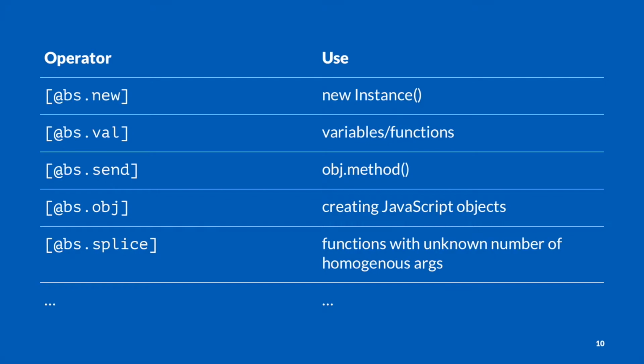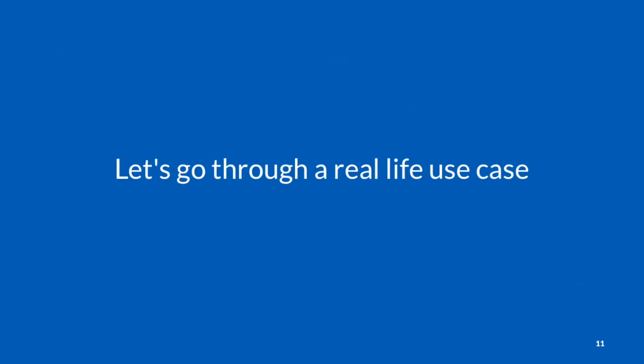And there's bs.splice, which allows you to create functions or write bindings for functions that have an unknown number of same type arguments, which is actually not easily doable with OCaml. So that's pretty cool. Now, let's go through a real life use case of writing bindings for an existing JavaScript